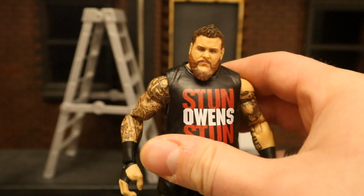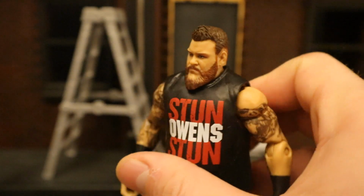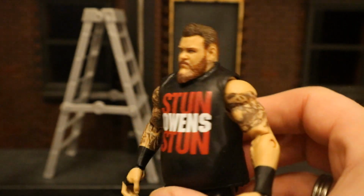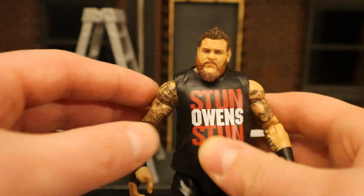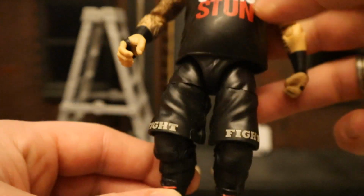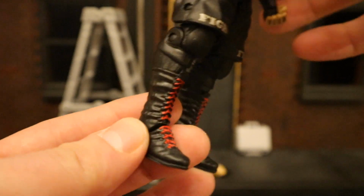So as you can see, he's got his beard, he's got his hair flipped up, hair looks really good, face looks pretty good too, tattoos all over his arms, a newer version of Kevin Owens. I have some versions with the tattoos only on the top. Stun, Owens stun, fight, fight, he's got his shorts on, he's got his tall boots with red laces, looks like